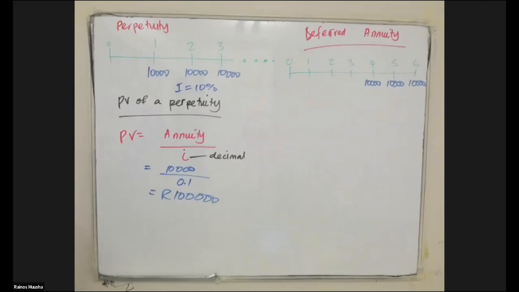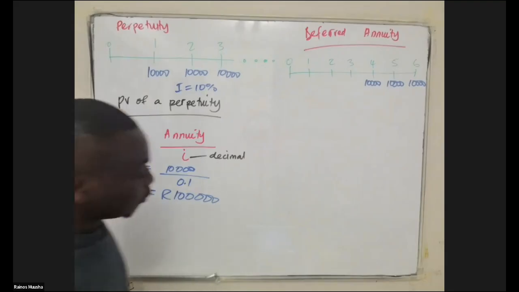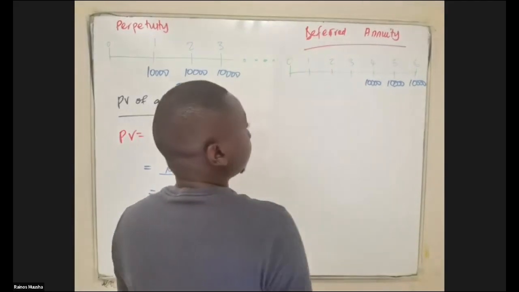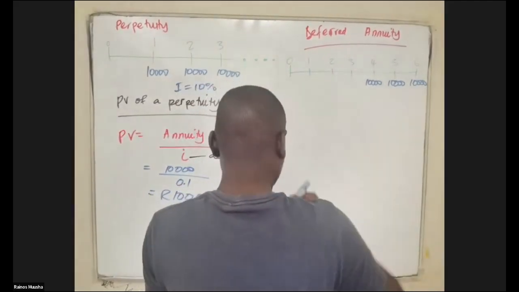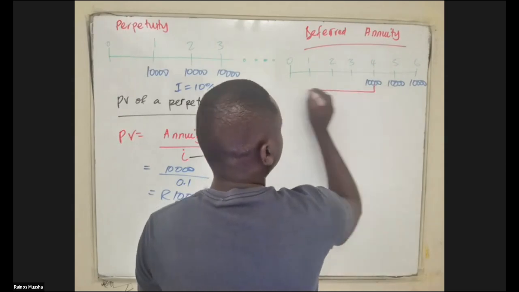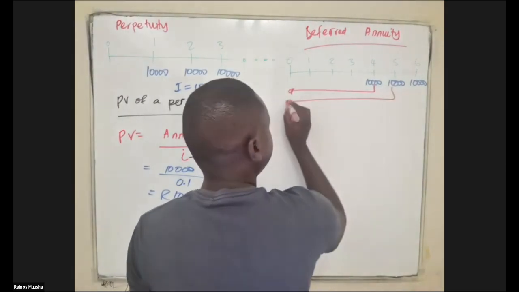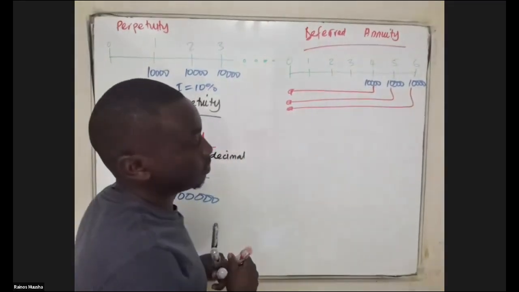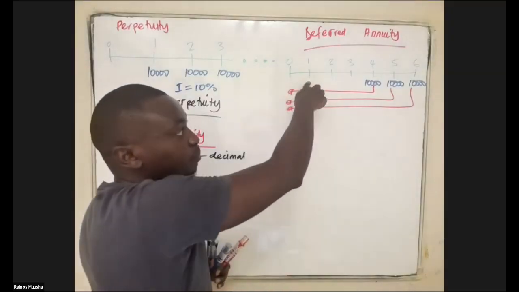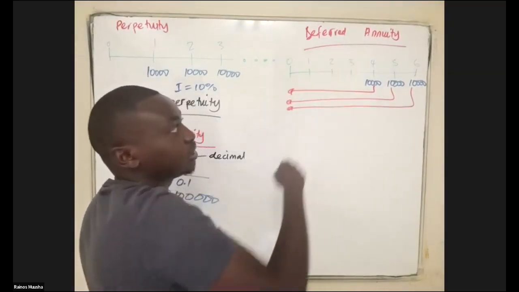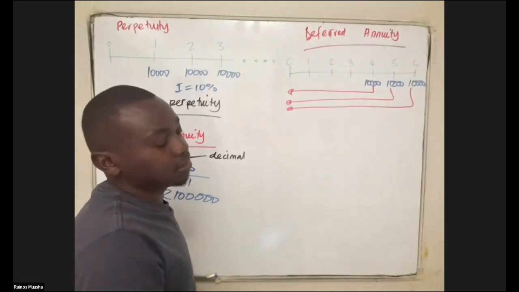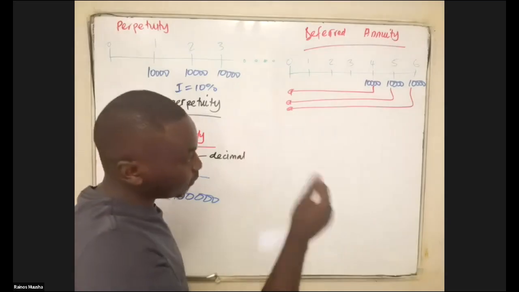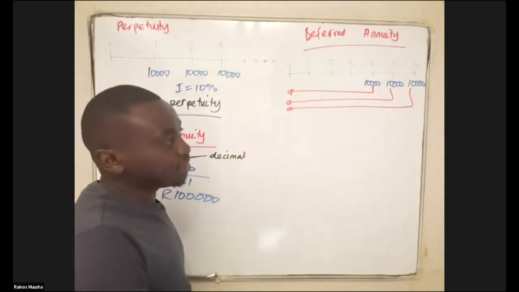So now we need to find out exactly how we determine the present value of this deferred annuity. Which means we are trying to discount these annuity payments back to present value, and this annuity payment back to present value, and this annuity payment back to present value as well. And there are no annuity payments on year 0, 1, 2, and 3, because you defer making the payments, but then after that, they start kicking in.